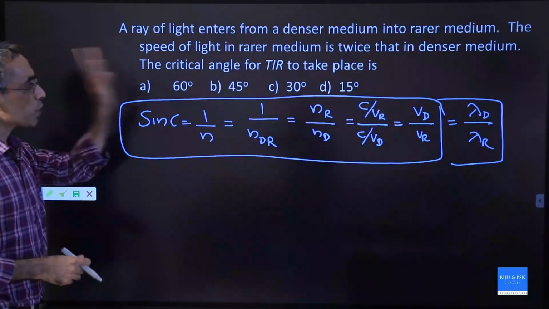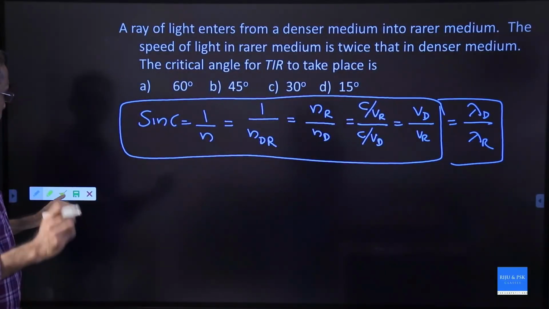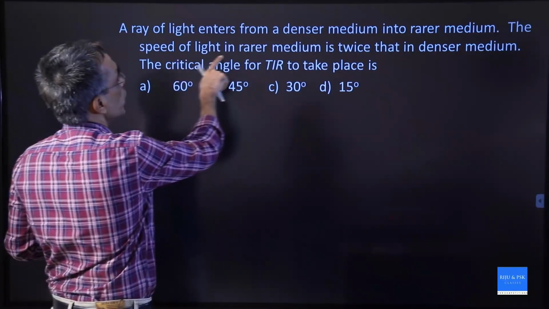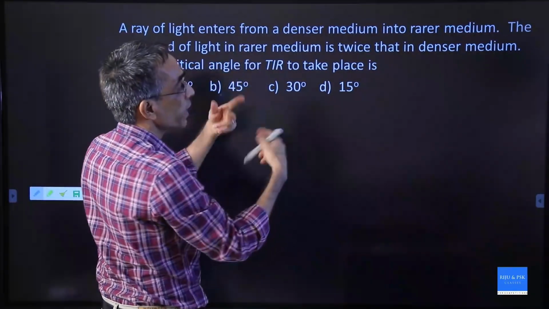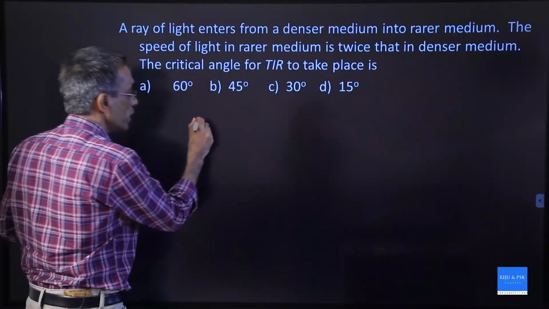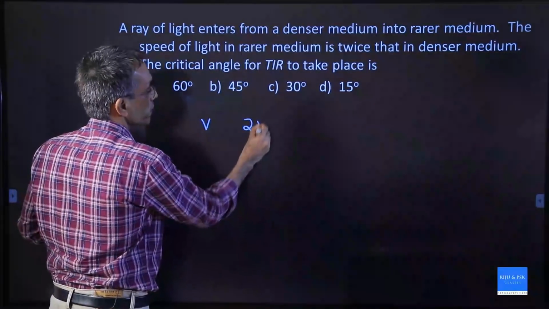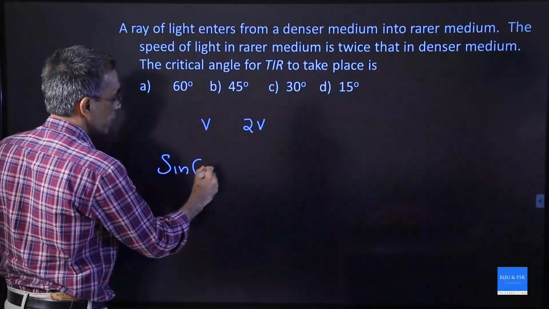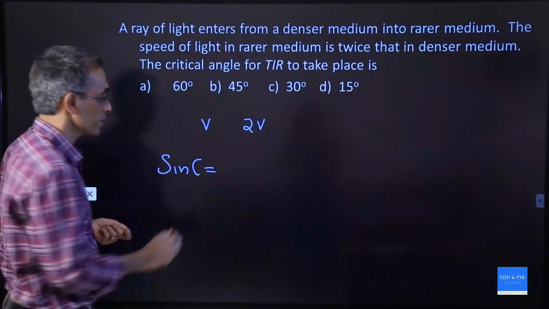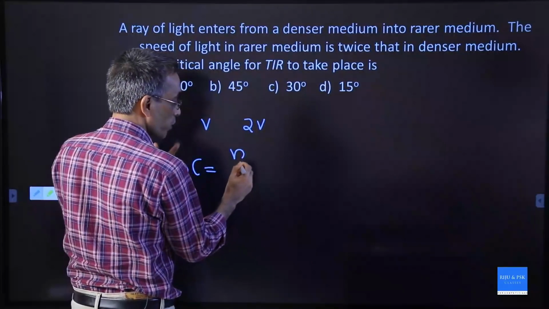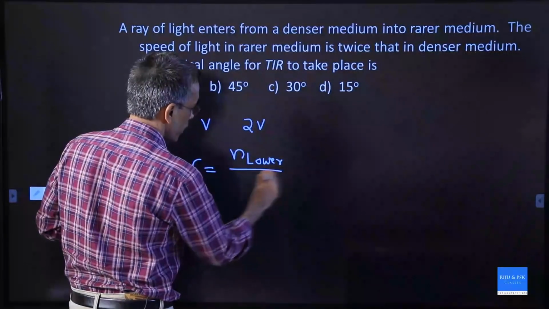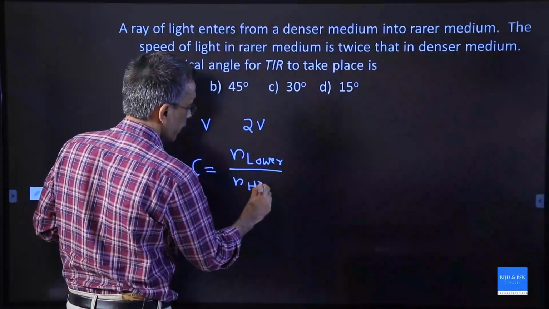But to solve this one, I will tell you a very easy method. What is that method? There are two speeds. Speed of light in rarer medium is twice that in denser medium. So, if you take one speed as v, the other speed is 2v. So, critical angle can be calculated like sin C equal to shortcut n, if you are talking about the refractive index, n lower divided by n higher,